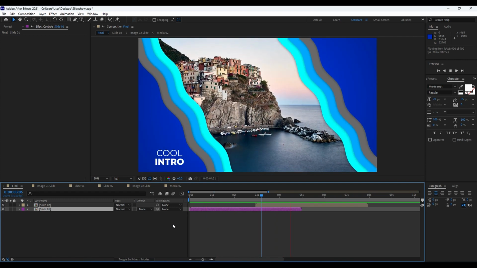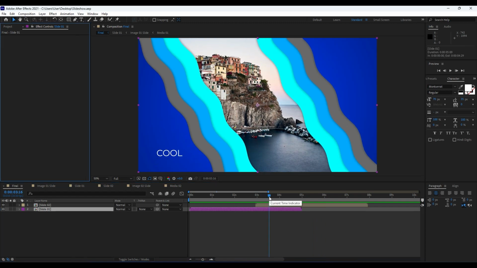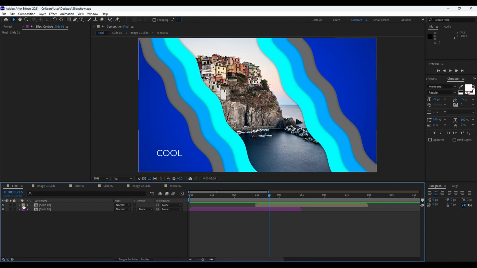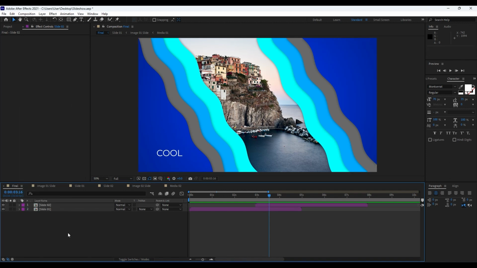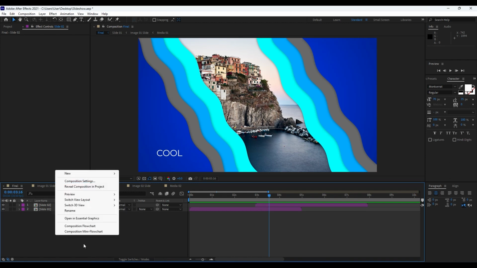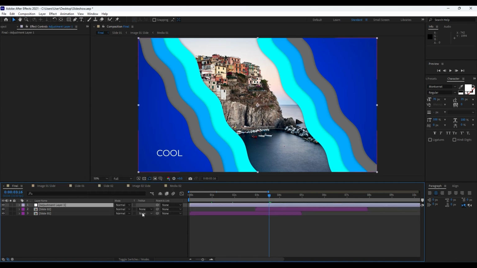Also we have our movement now, and in finals when we hit 0 we're getting this really cool and awesome and creative animation. Okay, our next step is to create a vignette here in our finals, but first we will change this layer color from yellow to this purple, and then right click here in our final composition, and then go new and choose here adjustment layer. We will rename it